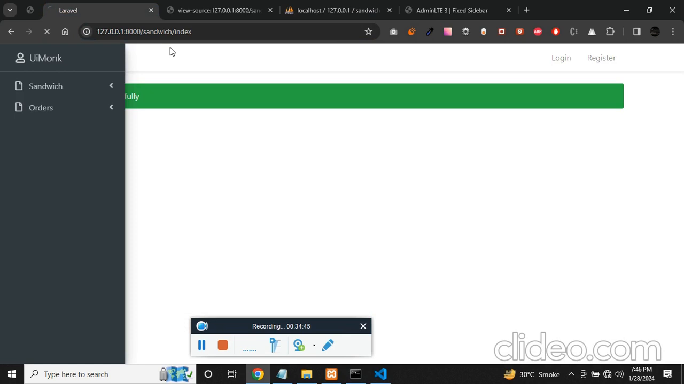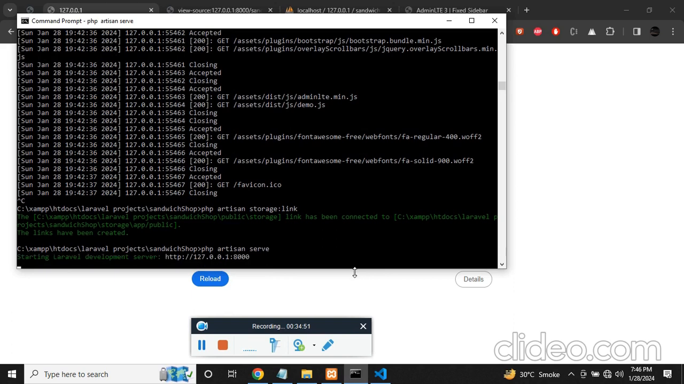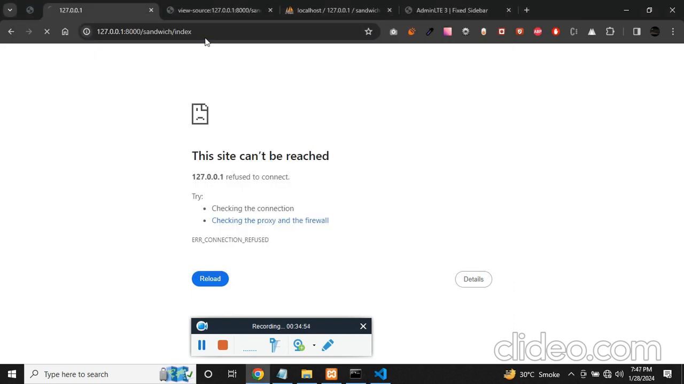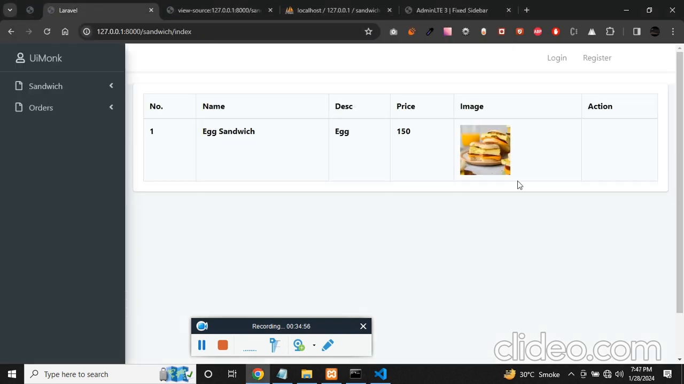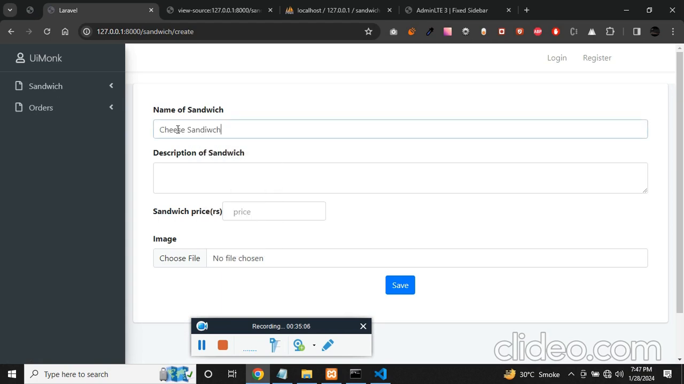If I get into index, the server is not running, the server is running. See, the one data which you created is available. If you want to create one, so cheese sandwich,